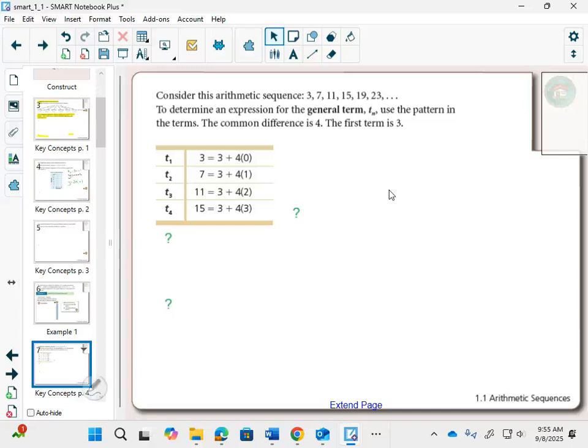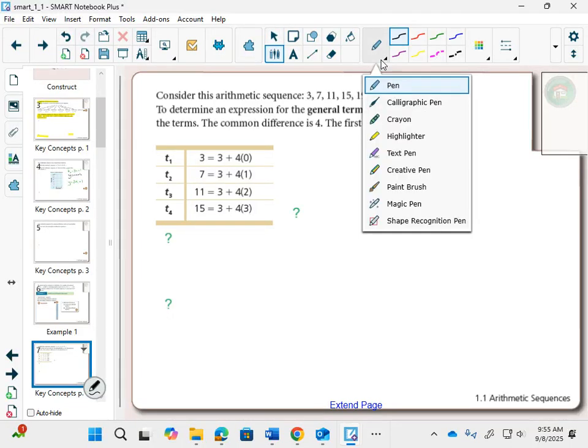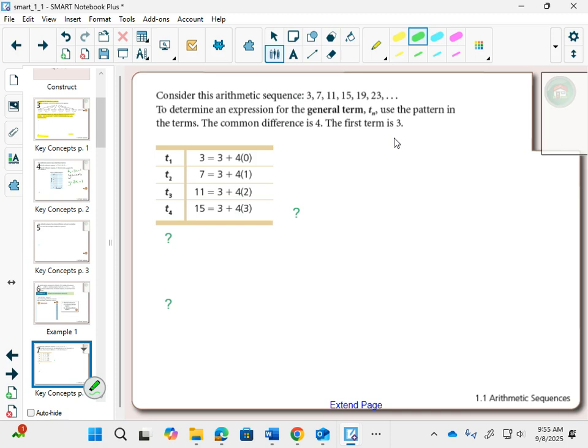We can take out our highlighter, and the first thing that we're going to highlight here on the bottom of page 4 is this idea of a general term, Tn. And we talked about it a little bit in the first couple of days. It's like finding a formula. So if you had 3, 7, 11, 15,